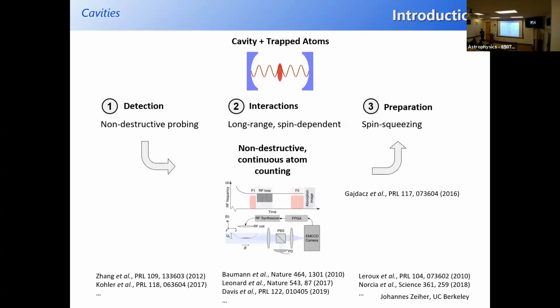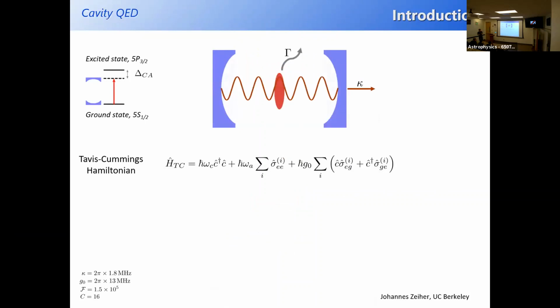So what I'm going to show you in the following is how we combine the detection aspect of non-destructively probing a gas with a cavity with the preparation of a specific state of atoms, and actually with the preparation of an atomic state that has a reduced atom number. Very briefly, what we're considering here is rubidium coupled to an optical cavity, but far detuned, with the cavity resonance far from the atomic resonance. So there's an atom-cavity detuning, there's decoherence in free space, and there's decay of photons out of the cavity.